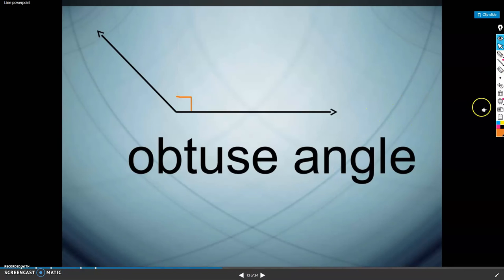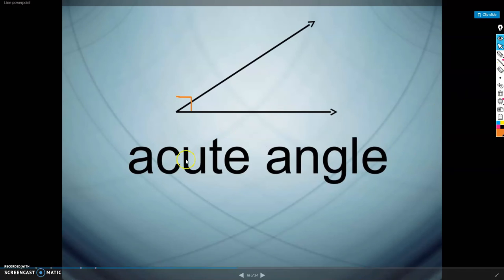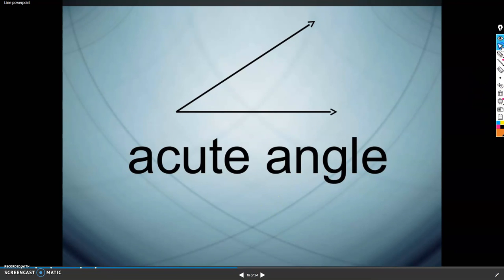And then we have the obtuse angle, which is funny that that mark stayed there because this shows that it is greater than 90 degrees. So when it opens up, that means that it's going to be greater than 90 degrees. We call that obtuse. And when it's less than 90 degrees, it's going to be acute. Now we'll take more detailed notes on that later on. But when it's closed like that, it's acute. And I usually tell people, how can I remember that it's acute? Well, it's little, so it's a cute angle. It's a little bitty acute angle. Get silly like puppy baby talk on it, right?